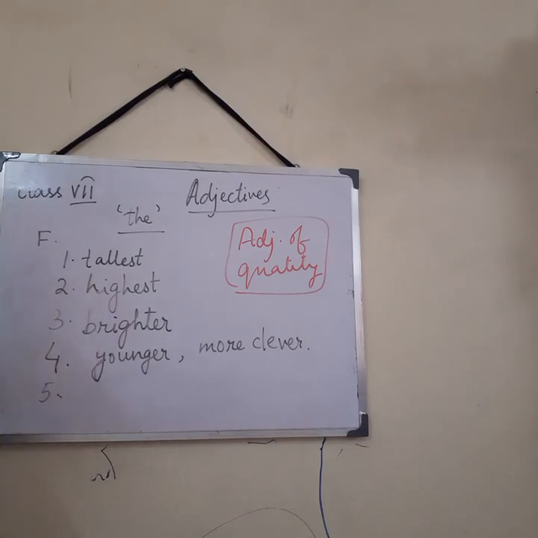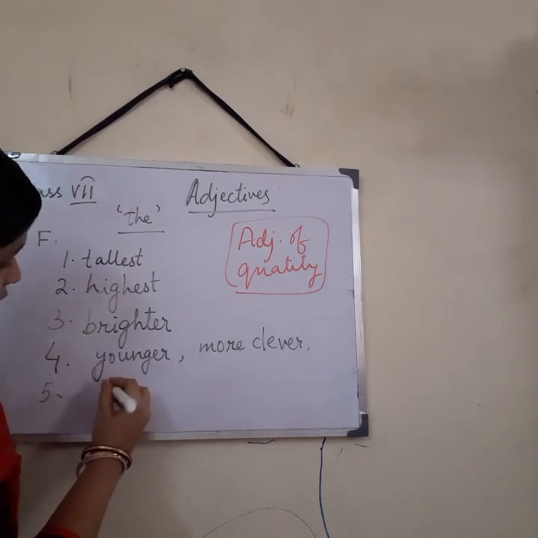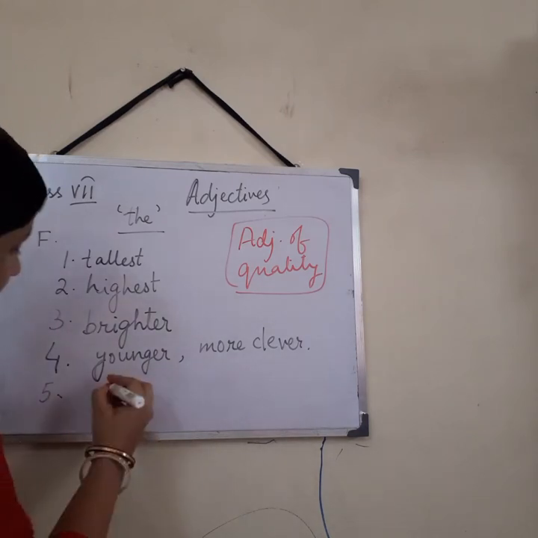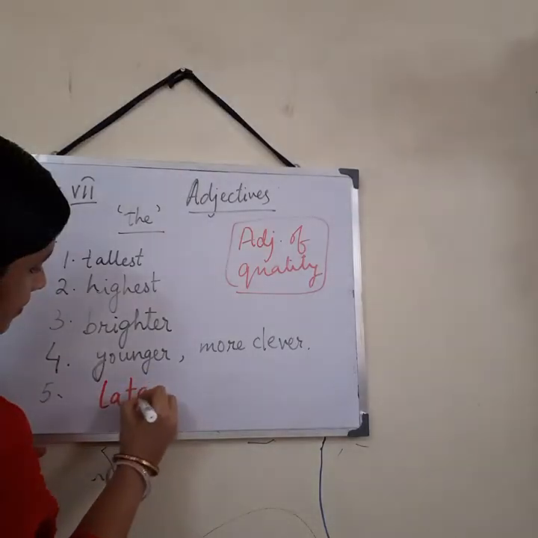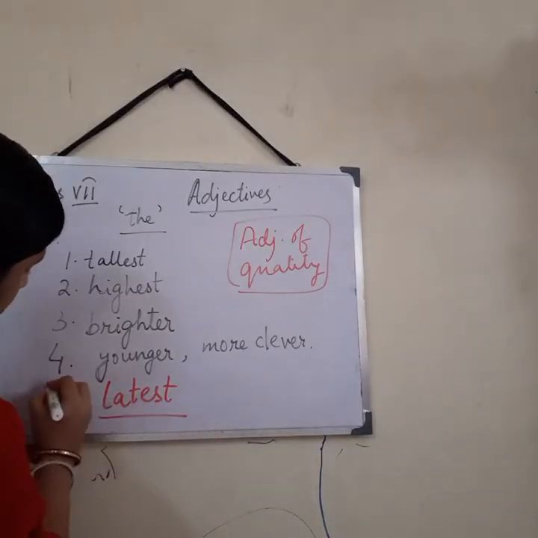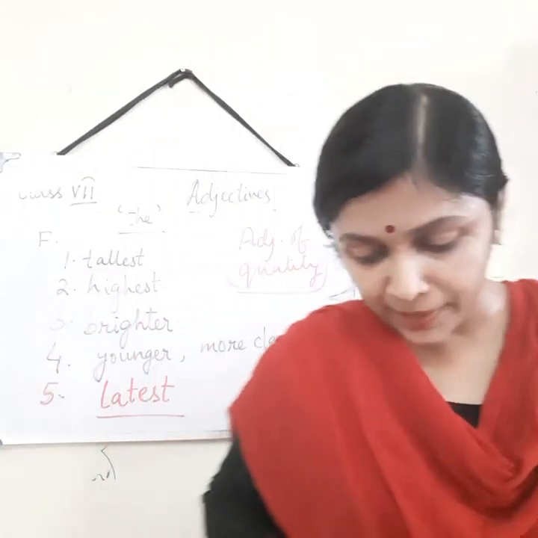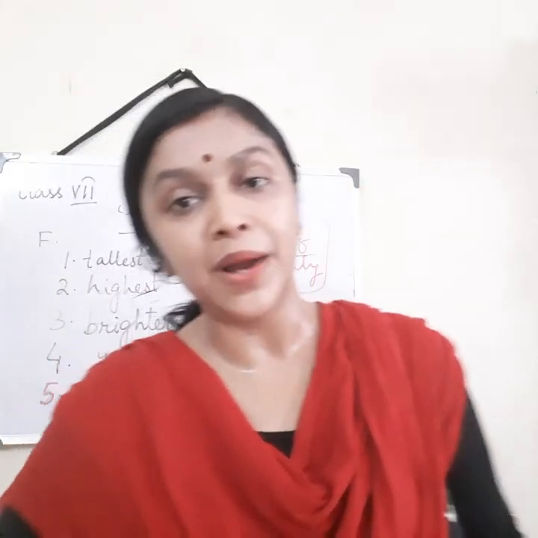Number 5, Rima loves to follow the dash fashion trends. As we understood that the comparison is among the different kinds of fashion trends, which is more than two, and the word the also indicates that we have to use the superlative degree of late, that is latest. So number 5 will be latest. From number 6 to 10, you will be solving on your own. I'll be putting it up as a part of your homework.